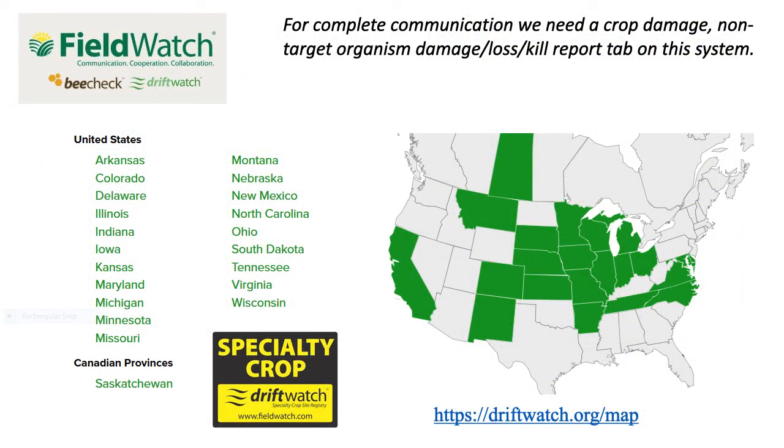While many states now have FieldWatch as a place to register the sites of organic farms, sensitive crops, and a beekeeper's honeybees, it is a voluntary notification system. Mosquito spraying notifications to beekeepers and organic farms is not required. The pesticide application notification through this system is only for organic farms and for beekeepers under contract for pollination services in or near a crop receiving a pesticide application. But again, it is a voluntary notification system only.